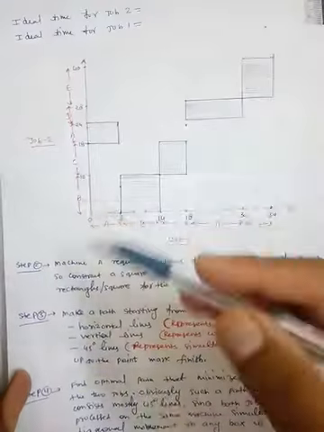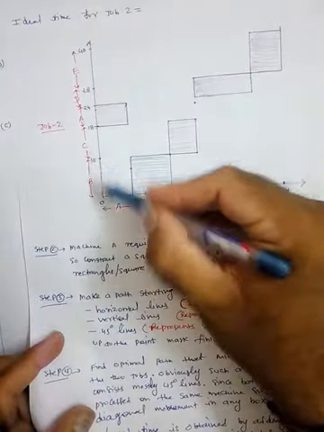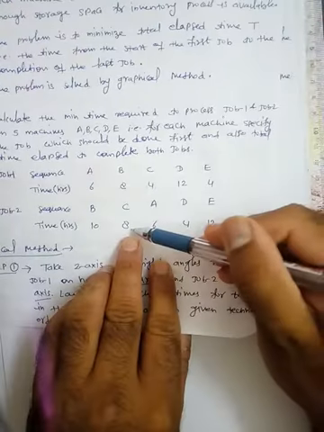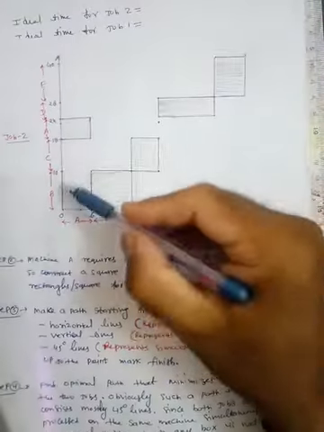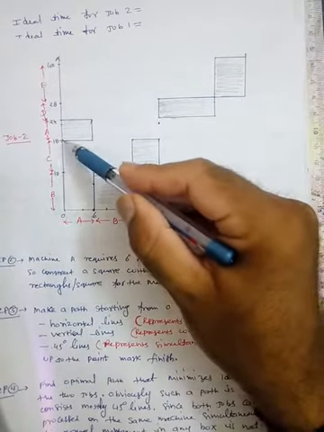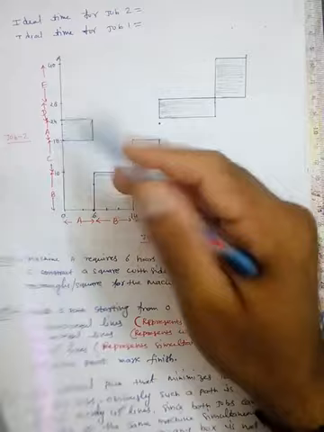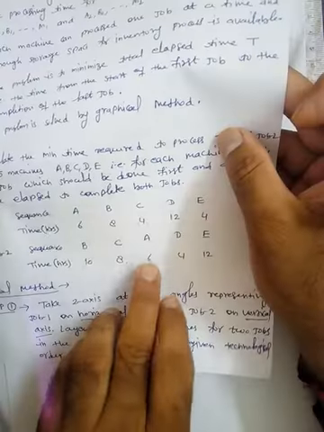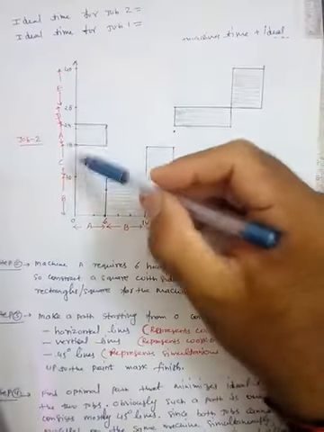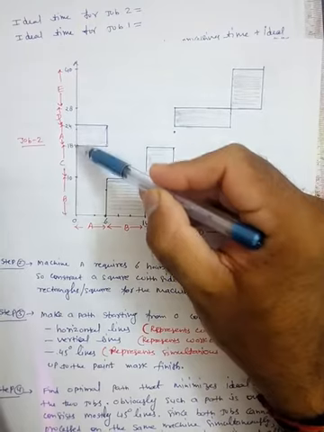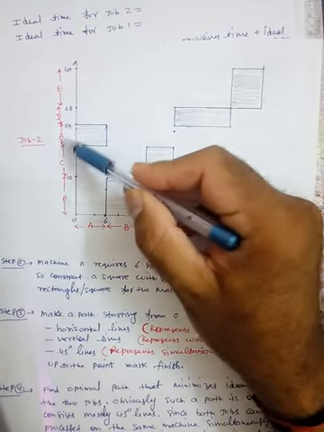Similarly we have for job 2. Starting machine is 10 hours. So 0 to 10 machine B. Then 8 hours. 10 plus 8 is 18. And in this, machine C is in working state. Then we have 6 hours. So 18 plus 6 is 24. So in this duration, A is in working state.